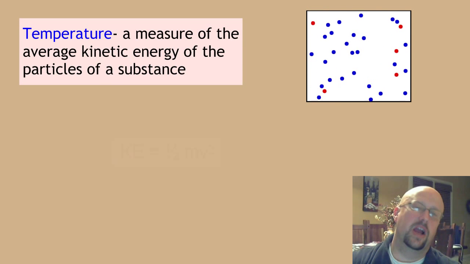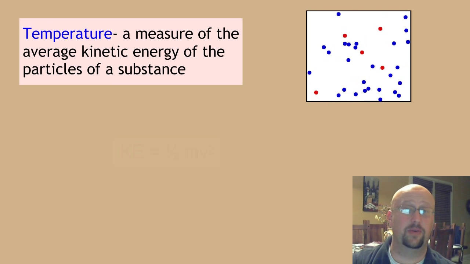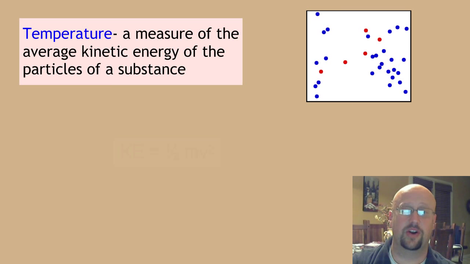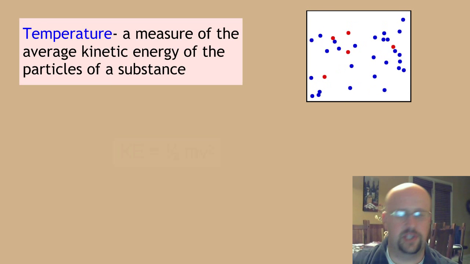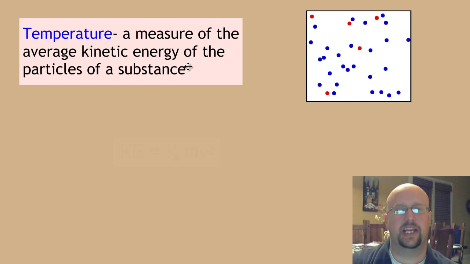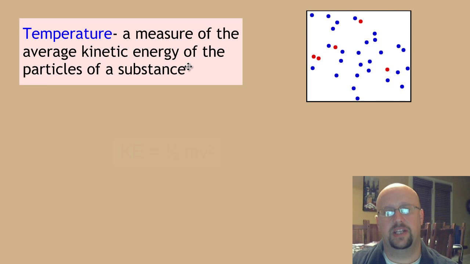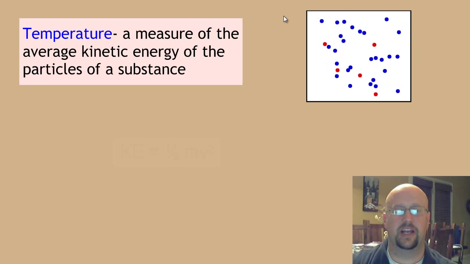So, a couple other definitions of things that are sort of hard to grasp, because we said at the very beginning that the definition of energy is hard, and so most of the definitions associated with it can be a little bit difficult. So we've talked about temperature before when we talked about kinetic theory. And we essentially said that temperature is the measure of the average kinetic energy of the particles in a substance.